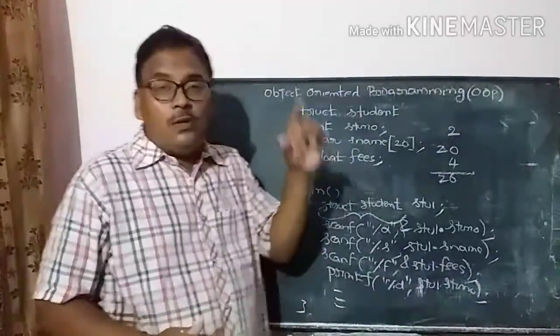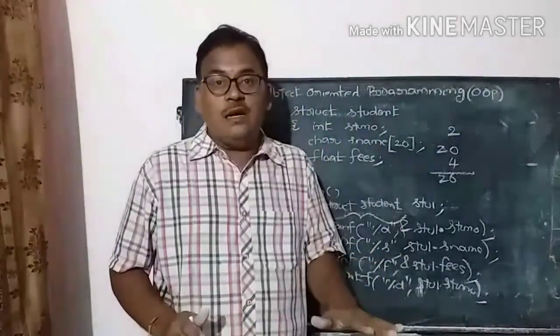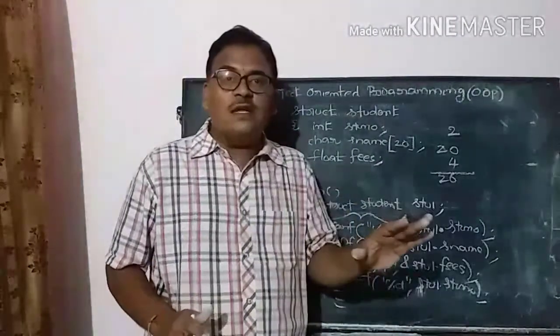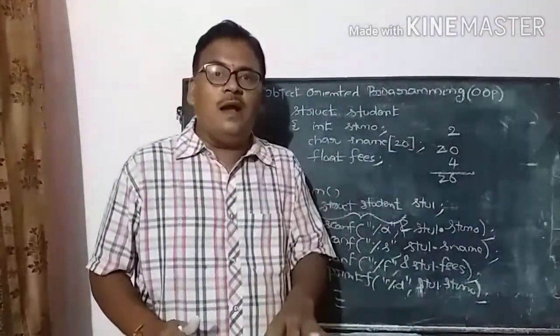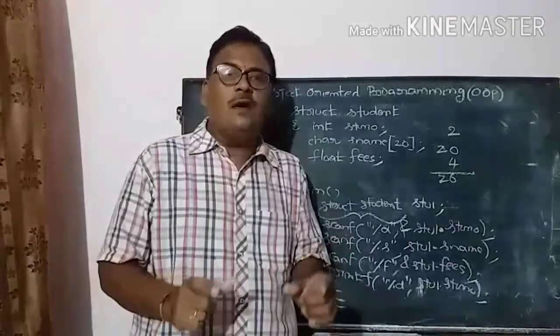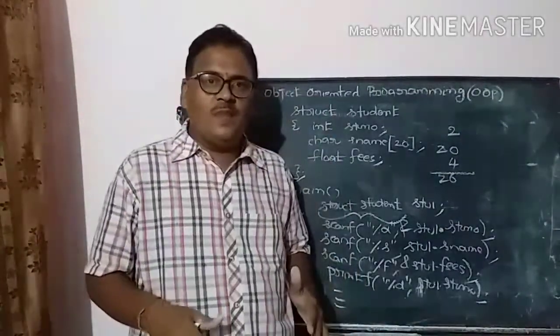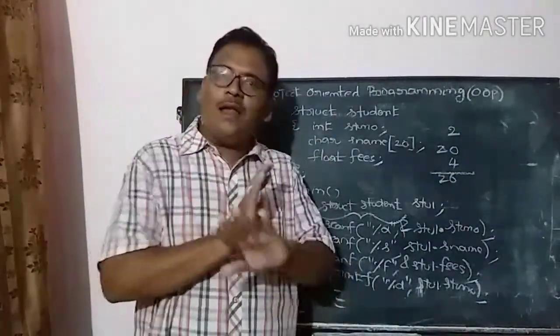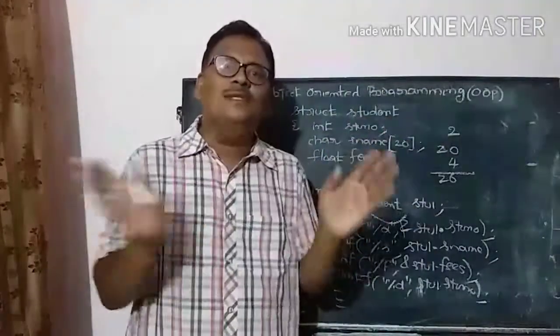But coming to class, variables are restricted. Not any function can directly use a particular data. So that is called data hiding. Data cannot be visible directly to the outside world.